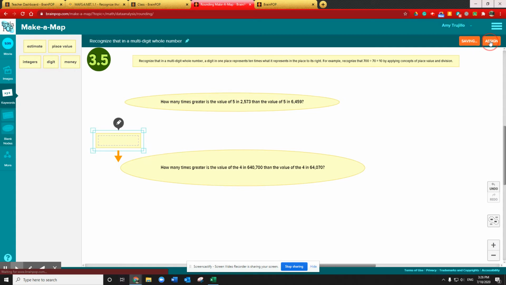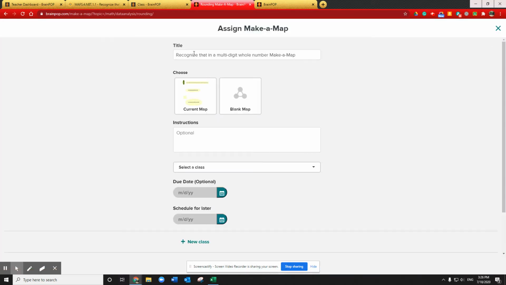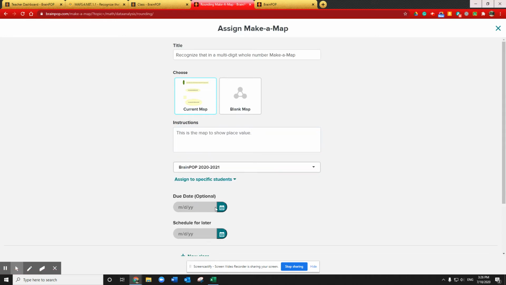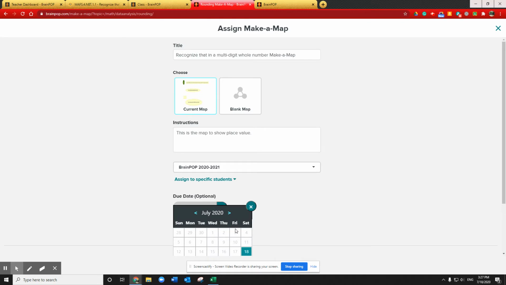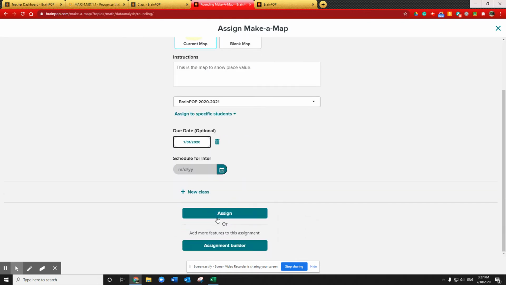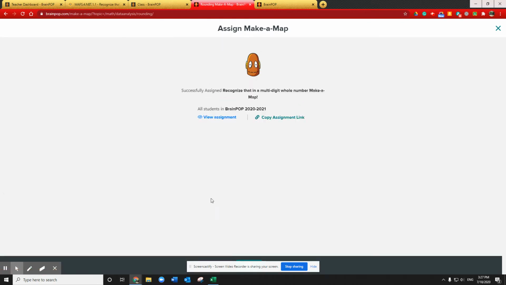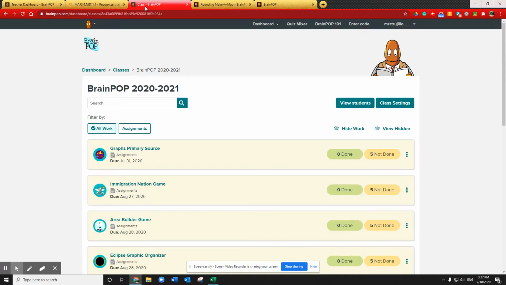So I could assign this to my students. And I could say, this is the map to show place value. I can select my period or my class. I can select when it's due. And then I can hit assign. And then on BrainPOP,